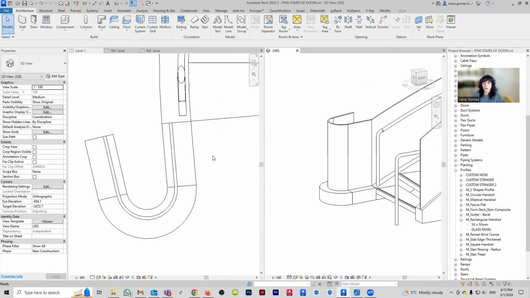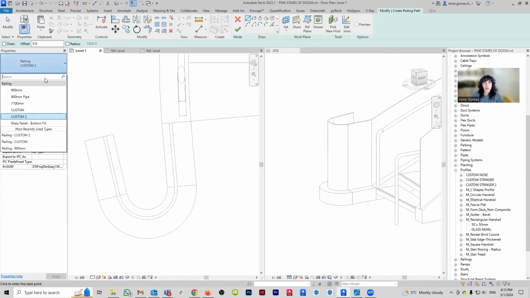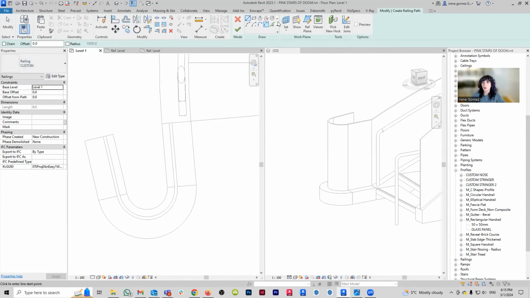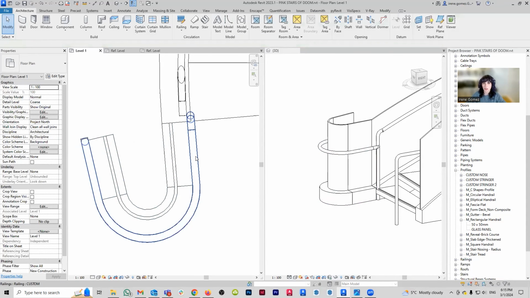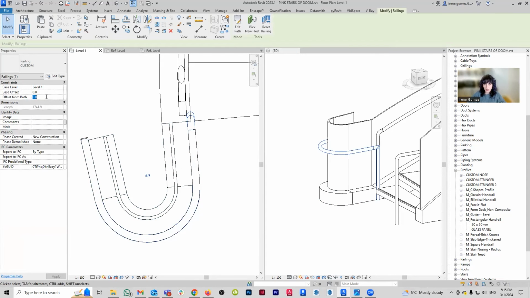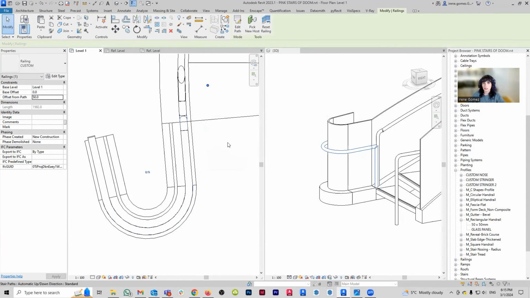Workplace. Oh, yes. Let's work on the floor plan, sketch path. And I'm going to just choose this guy, custom, and I'm going to pick my lines to be this guy, and this guy. And then I'm going to move them in a little bit. There we go. I think it already has the offset. If not, I can just give it to the railing here. And I think we said it was like minus 50. Okay. Yes.